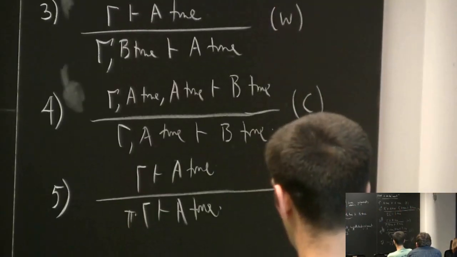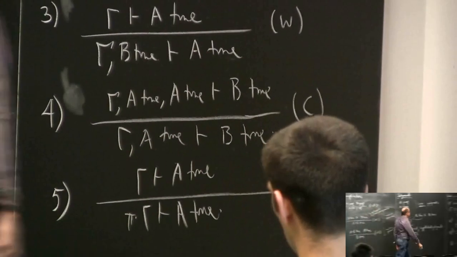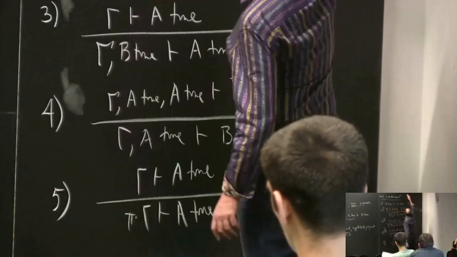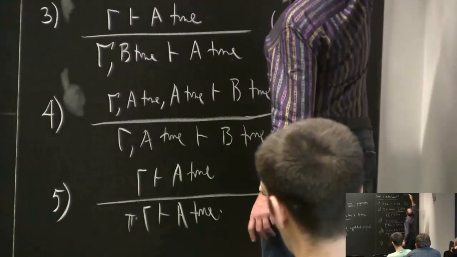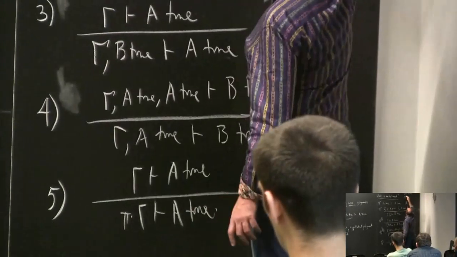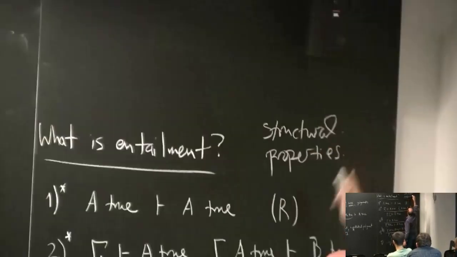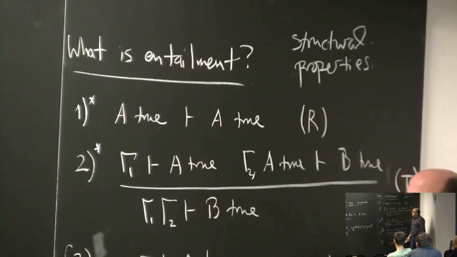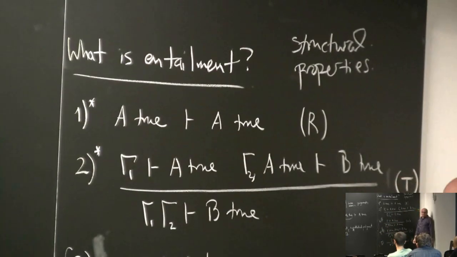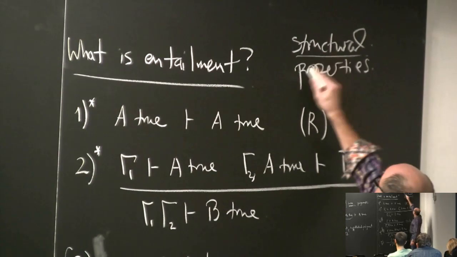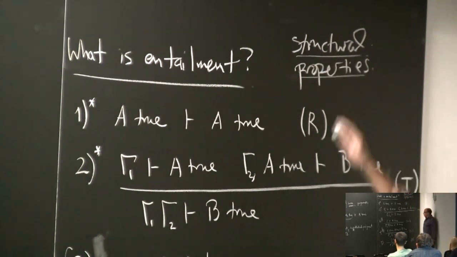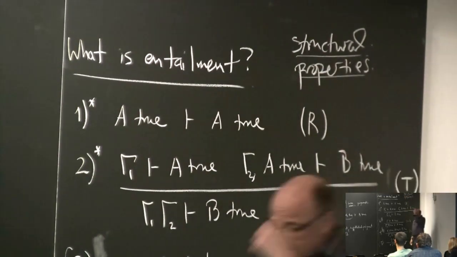So these are what are called the structural properties. In fact, when you include all of them, then we say it's a structural entailment relation. And if we deny any one of these, then it's called substructural, just so you know. That certain of the structural principles being left out makes you substructural. But we're going to be looking at structural entailment. So these are called the structural properties, and they look like that.